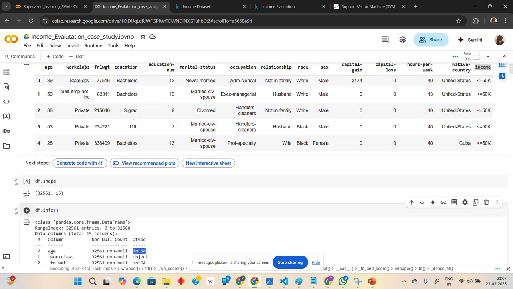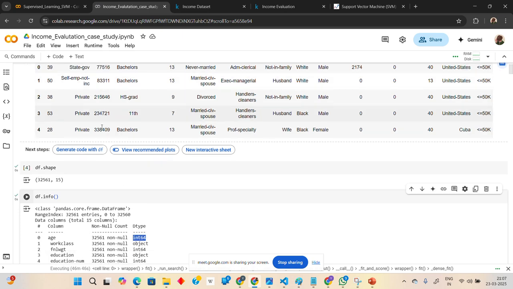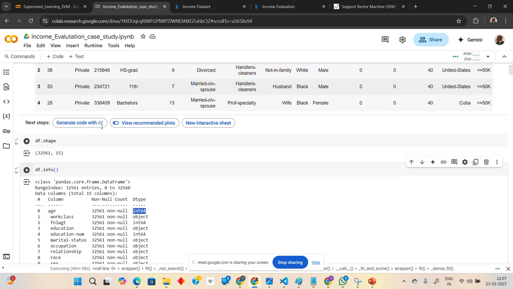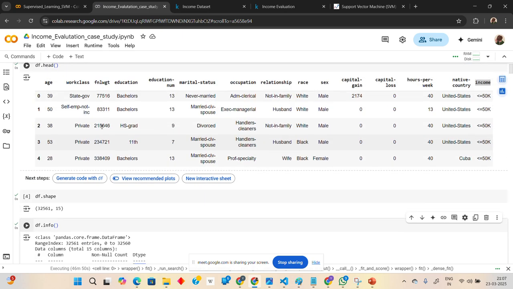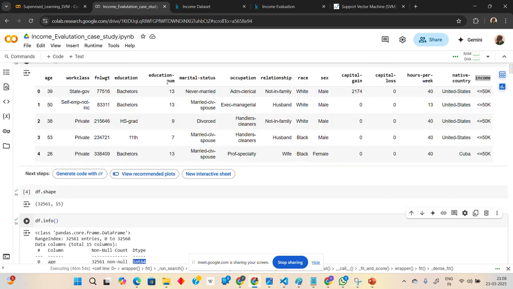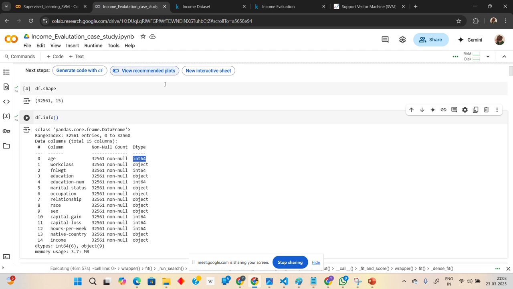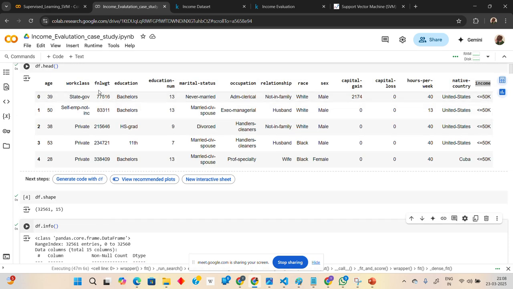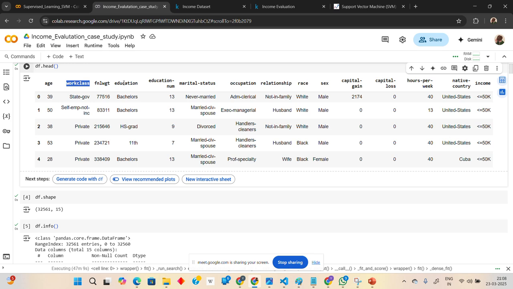Then this is also object, then it is integer. Yes, it is integer. Education is object, and so on. For the numerical columns, we have to check education number. That is integer. Fine. Capital gain and the three next to it are all integers. So these integer columns do not have any question mark. That is very sure. But we have to cross check whether there is any question mark or some type of irrelevant data in the non-numerical values,